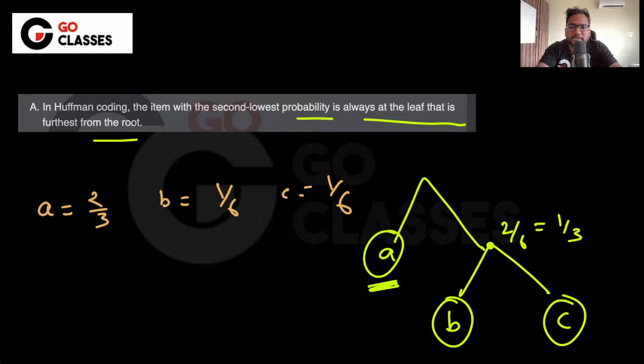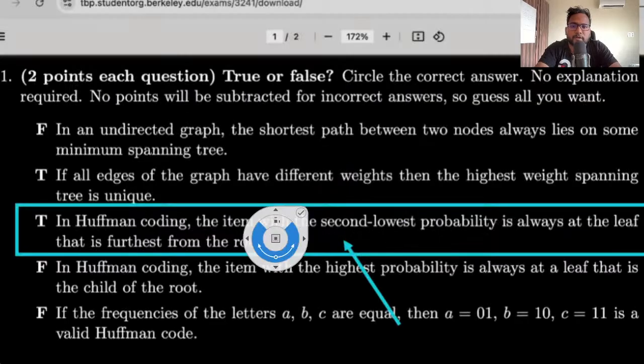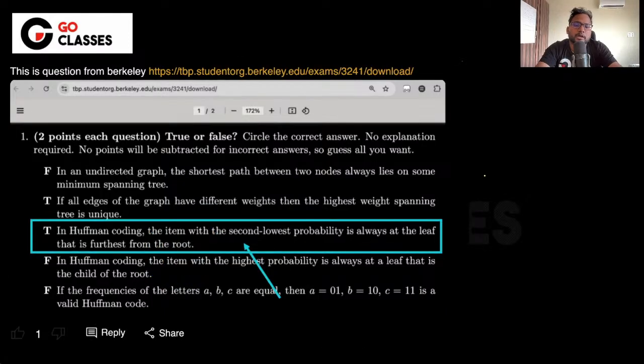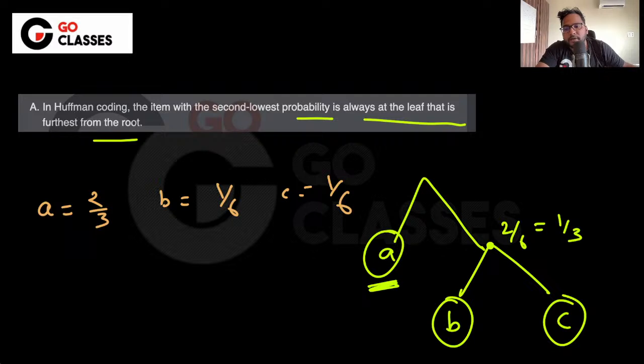So I have taken the same statement from the Berkeley, and they are giving the answer on a basis, which I will also tell you. They are saying this is true. So generally what I observed, I can tell you this, that whenever you have, let's suppose, the element one, let's